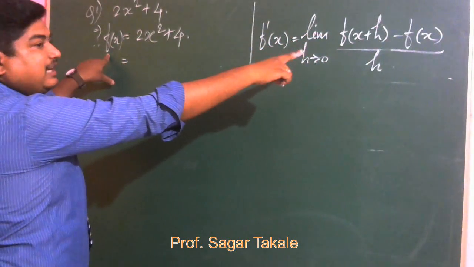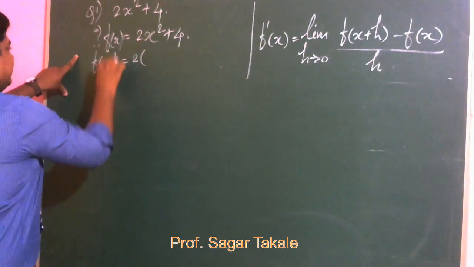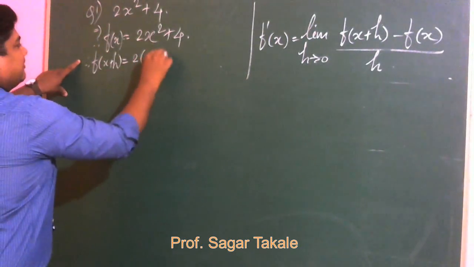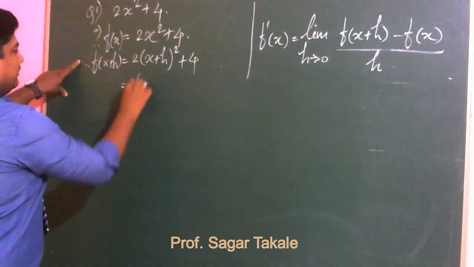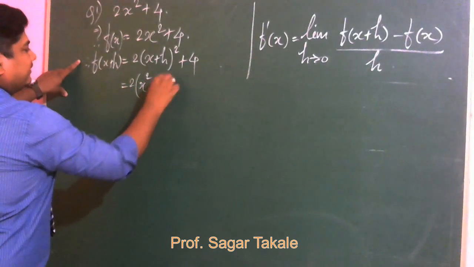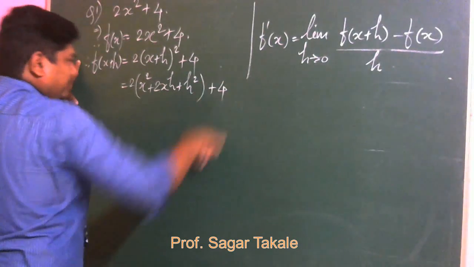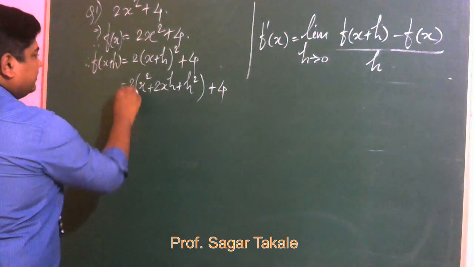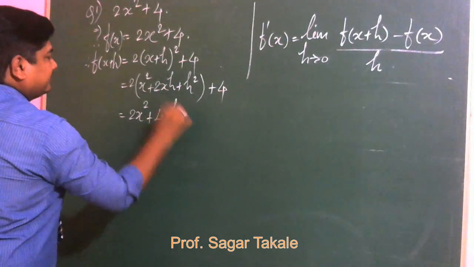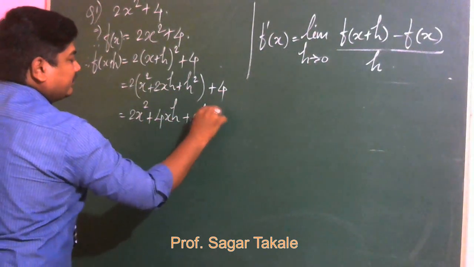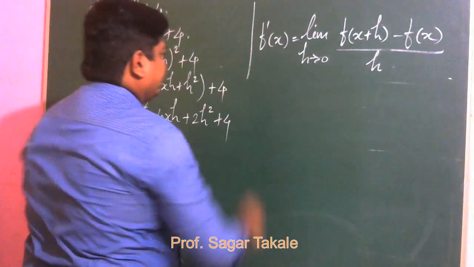हमें क्या चाहिए, f of x plus h चाहिए, x plus h मतलब मुझे हर x के बदले क्या रखना होगा, x plus h रखना है, क्या आएगा, 2 into x plus h the whole square plus 4, क्या आएगा, x square plus 2xh plus h square plus 4, अब 2 जैसे अंदर जाएगा क्या हो जाएगा, 2 into x square क्या होगा, 2x square plus 2 2 जा 4xh plus 2 into h square 2h square plus 4, राइट? अब ये जो वैल्यू मिला है मैं क्या करूंगा, अब इस फॉर्मूला में सब्स्टिट्यूट करूंगा और देखूंगा डेरिवेटिव क्या आता है,